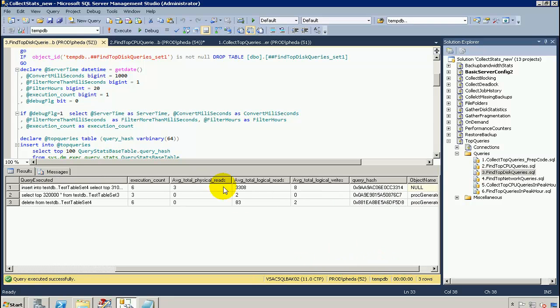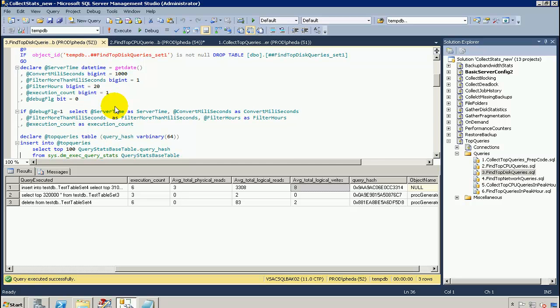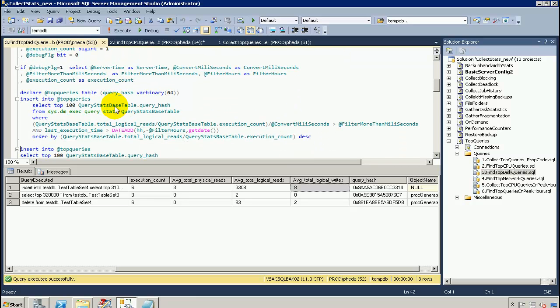There are 3 different kinds of disk related values provided by the stats table. One is total physical reads, total logical reads, total logical writes, and these 3 statements is what we are trying to find. Now I wanted to find the top 100 statements for each of these so that we can tune it properly, and then out of this top 100, if any of them are getting duplicated by another criteria, like